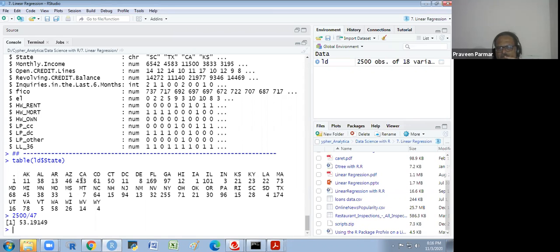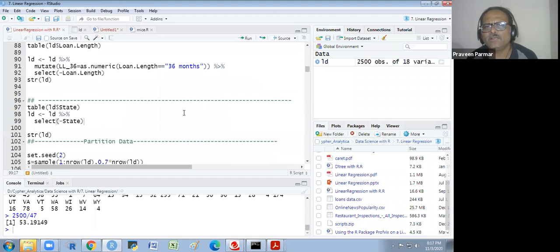Not possible. No, we could not take that much. It will mislead your result. So better, at this moment, we are not considering it. We are using feature selection and we are removing it. Later, when we read about segmentation and clustering, then I will tell you what to do with it. Okay, and I run it.